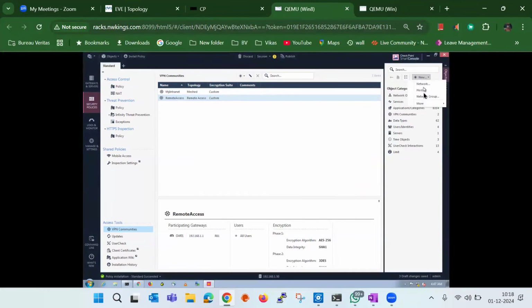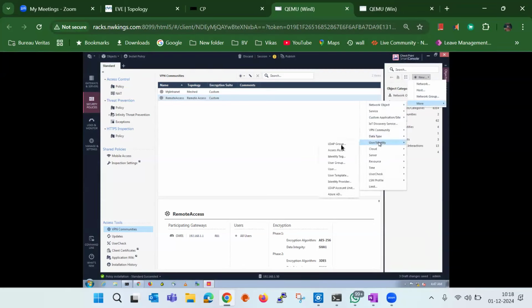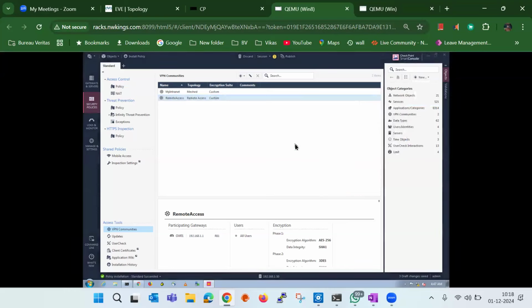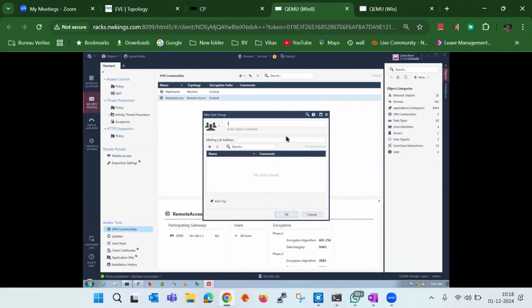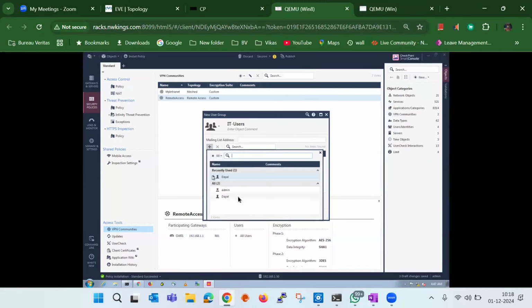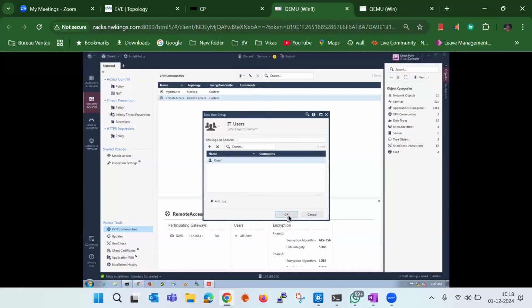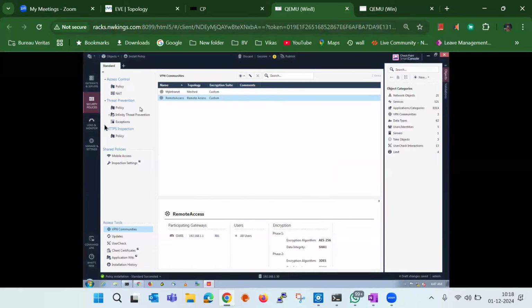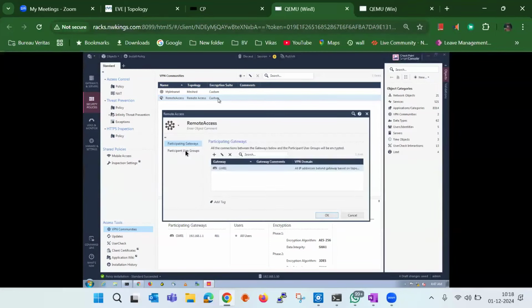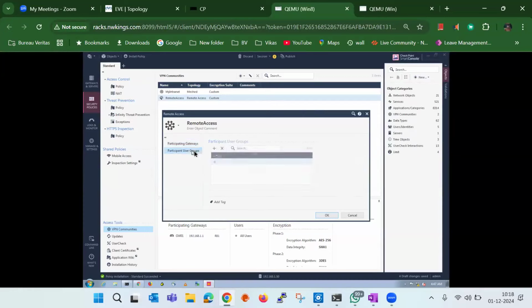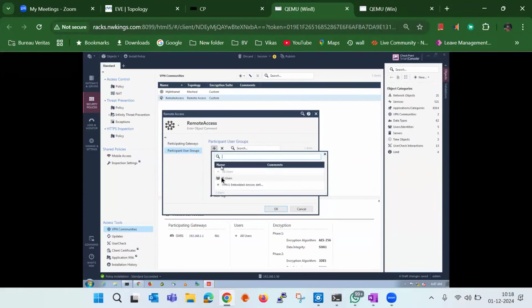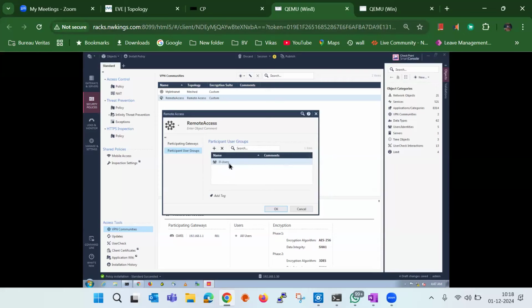Now you can create a new user group, and I can say IT users. I can add Dayal in this particular group, right? Click OK. Now I can double click on these participating users, IT users. I can use this particular group here in this gateway, or